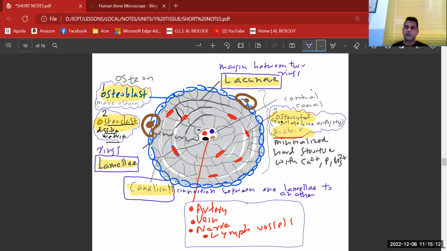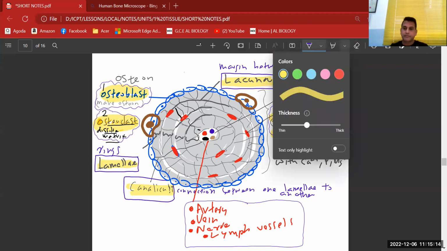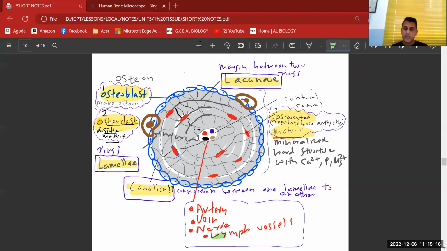For example, now this word, lymphatic vessels. What is an artery? What is a vein? What is a nerve? What are lymphatic vessels? Now we should know from our basic biology